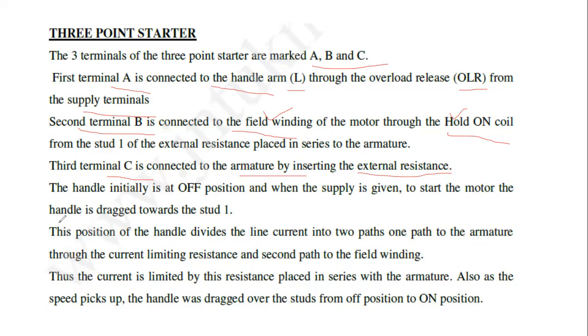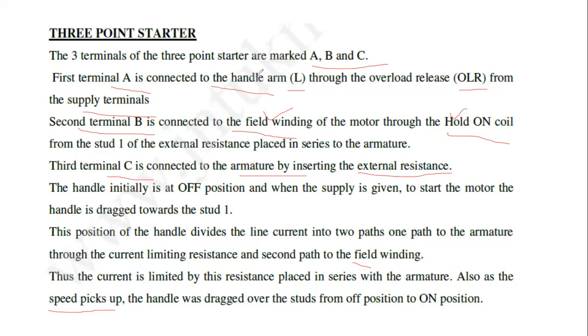One path goes to the armature through the current limiting resistance, and the second path goes to the field winding. Thus, the current is limited by this resistance placed in series with the armature. Therefore, the current is limited when we connect in series to the armature. Also, as we increase the current to the motor, the speed automatically picks